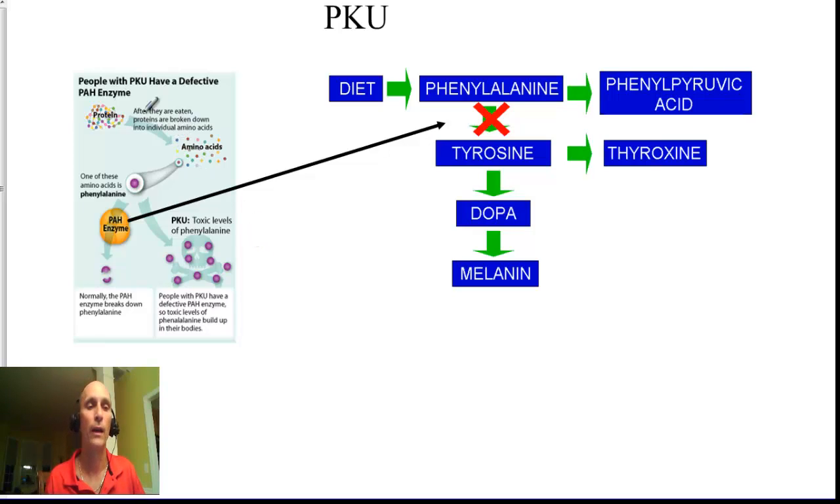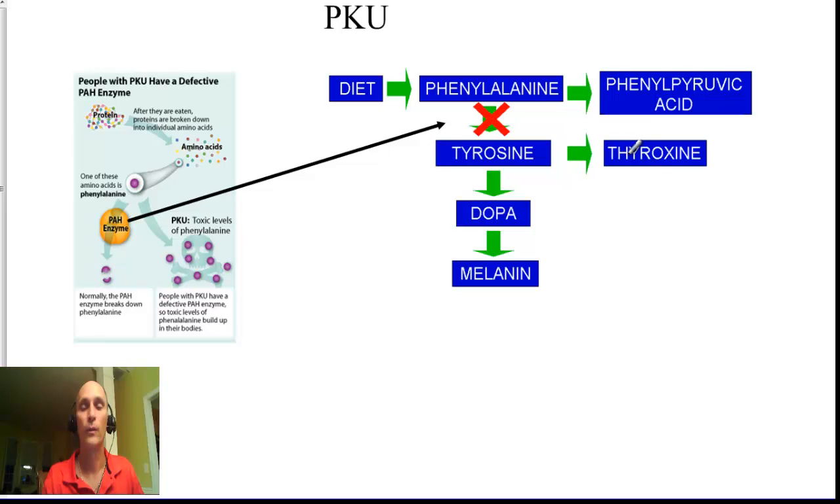So if you have a PKU sufferer, they have a defect in one of their enzymes, which is called PAH, and that is going to be taking one of the steps in the breakdown of phenylalanine to, I can't remember what it's called off the top of my head, but it's going to be breaking down to that final thing. And if you look over here, what you're going to see is it's the first step, it's the first enzyme